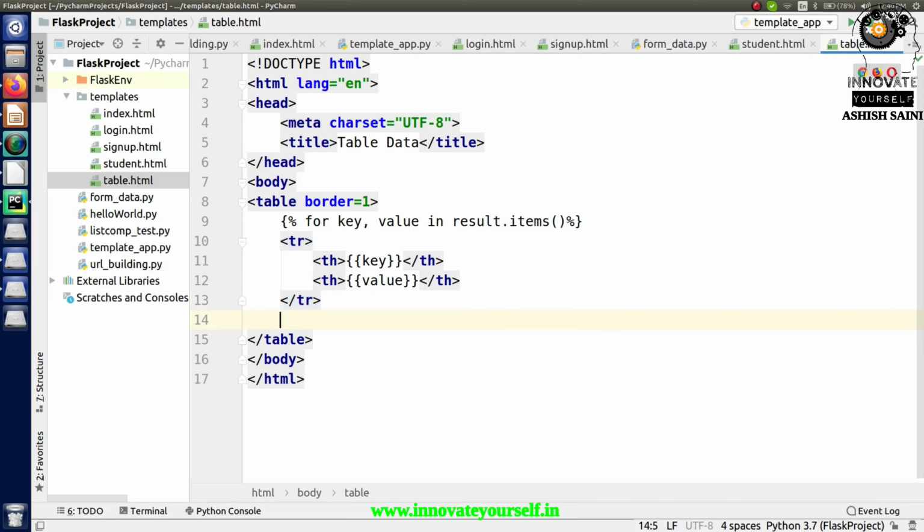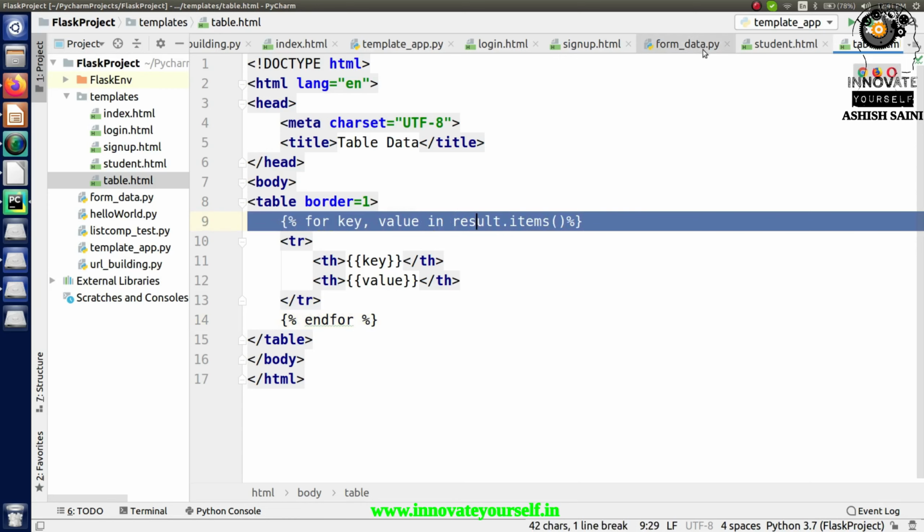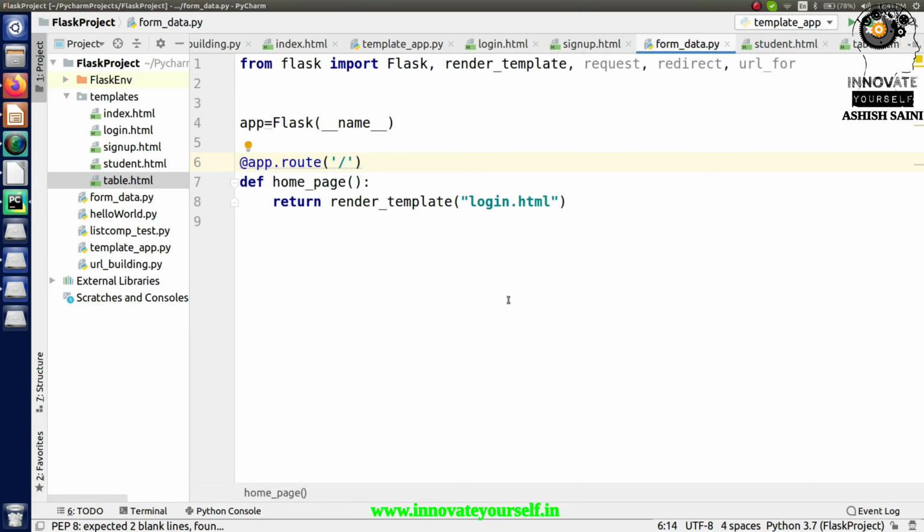Okay, so this is what exactly I have done, and when the loop part is done, after that we have to specify one more thing, and that is this end for, right? So in this way it will just end the for loop, right? So this is how exactly we can create a template in which you can store the multiple values, and those multiple values will be coming from this dictionary that I'm going to pass in here, and that is going to come from this form data, right, which is the Flask application, right? So that is what exactly I'm going to do.